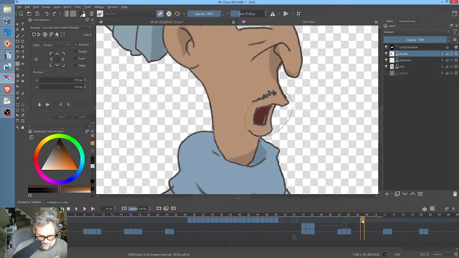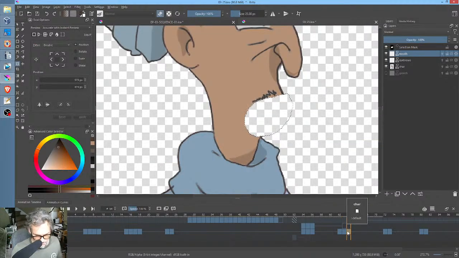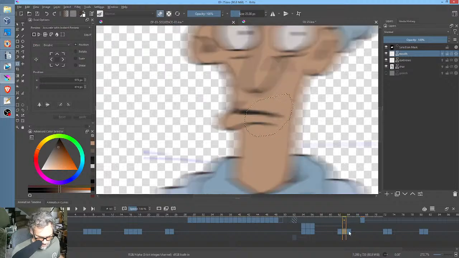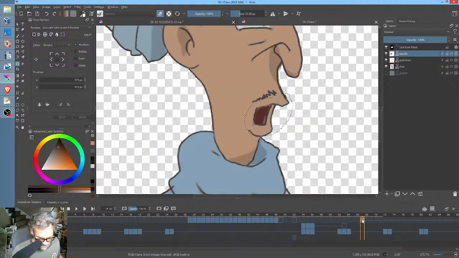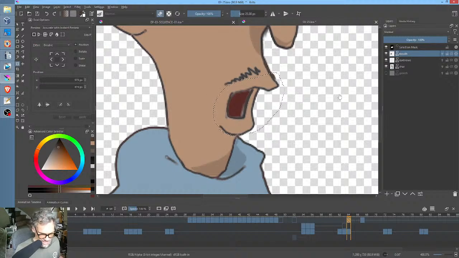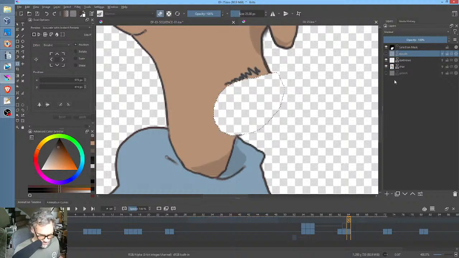This is what you did. You took a drawing and you split it into pieces, and you made it work. Okay, so now what I'm going to do here is cut and paste this back over here so I can change the mouth. If we're going to take the mouth out and start with this, then the appropriate course of action